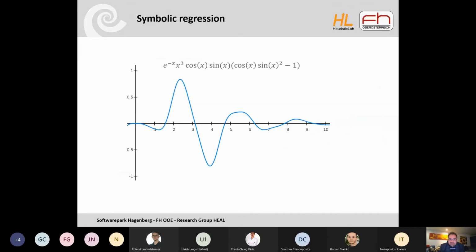For example, this mathematical expression gives you this nice shape of a curve, but this formula gives almost the same shape of the curve. Also there are many different ways, if we transform mathematical terms, to have exactly the same formulation for a certain